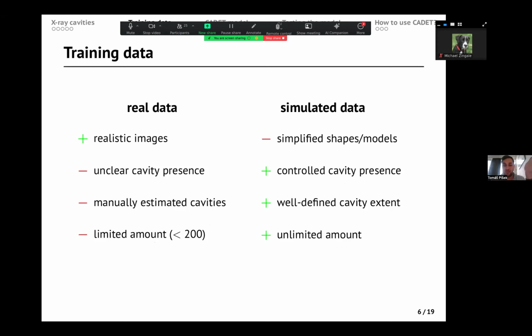But if we simulate the data ourselves, we can directly control the presence of cavities. We can turn it on and off, whether we want to input cavities or not. We can well define the cavity extent. We produce the cavities ourselves, so we know exactly where they are. This way we can simulate an unlimited amount of images. So we have actually decided to go the other way and to simulate our